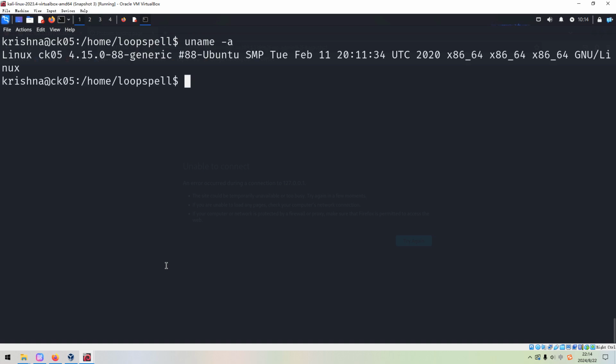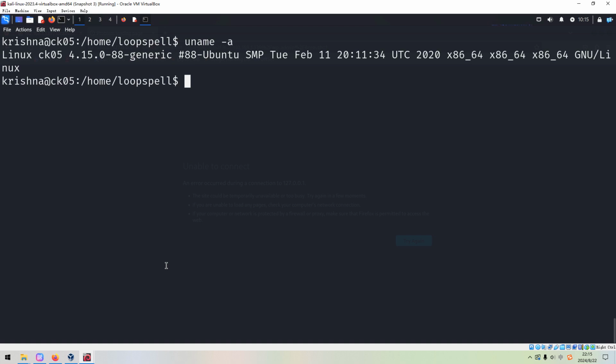Next, we need to check the kernel. The kernel is a bit old, so I'm almost certain this kernel is vulnerable, but I'm not going to exploit the kernel. If you want me to demonstrate this technique for this machine, please let me know in the comment below. And so what else can we do?